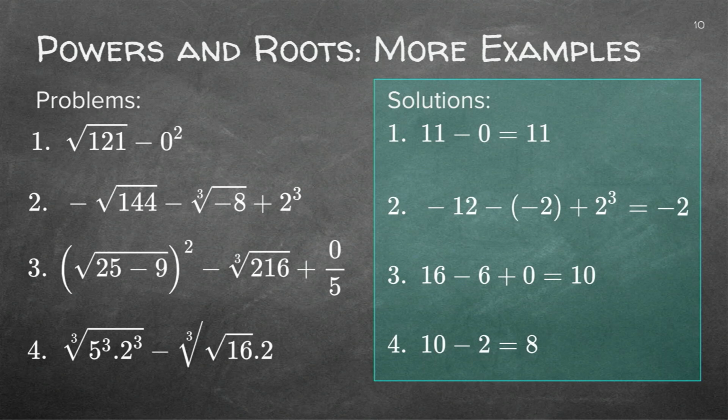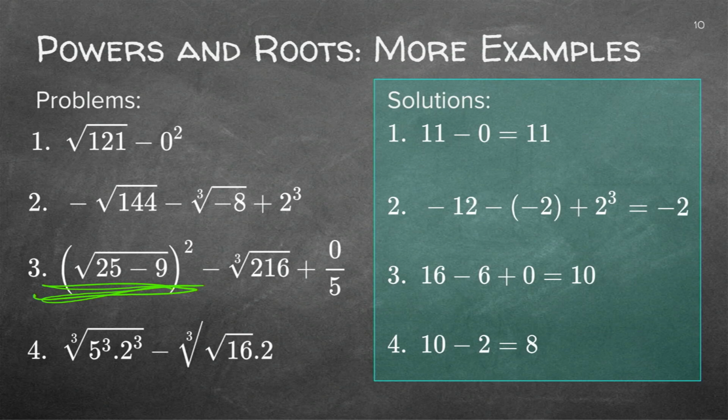There's more examples. And I want you to please remember to go through these examples one by one. I have included all the little things where you can make mistakes. I will do one or two with you. You can stop the video, you can do it, and you can look at the examples and the solutions later. For instance, what I want to show you here in number 3, again, 25 minus 9, one concept, one thing under the square root sign, one term. Don't separate it. It's one term.